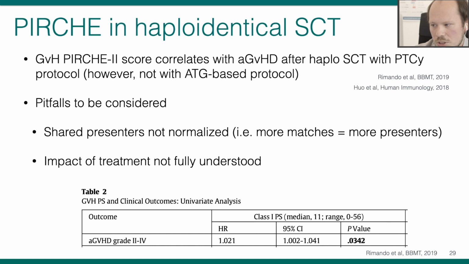And what's also very important, and that's where I mentioned this shared concept in particular, is that for haplo transplantation, you have way less shared HLAs, so you have less cells that talk the same language as those donor T cells. So there's a counterintuitive thing, meaning that more matches means more presenters, and therefore probably a higher Perch score than if you wouldn't have any matching alleles at all. So, rather interesting.